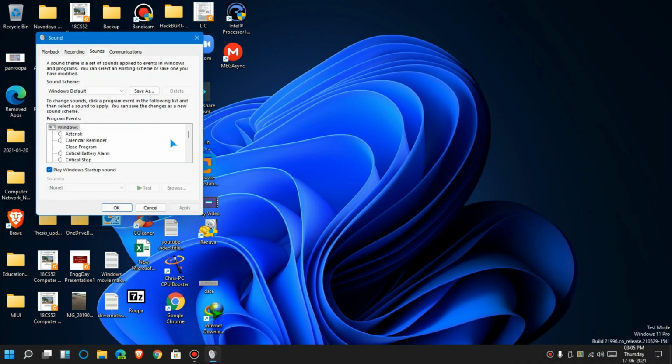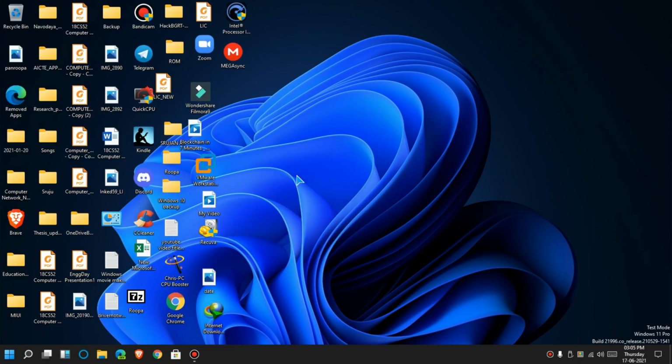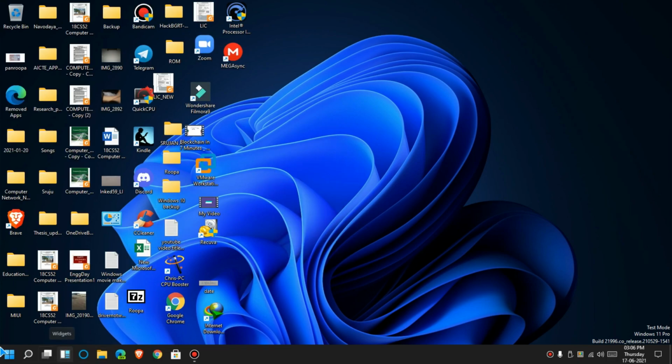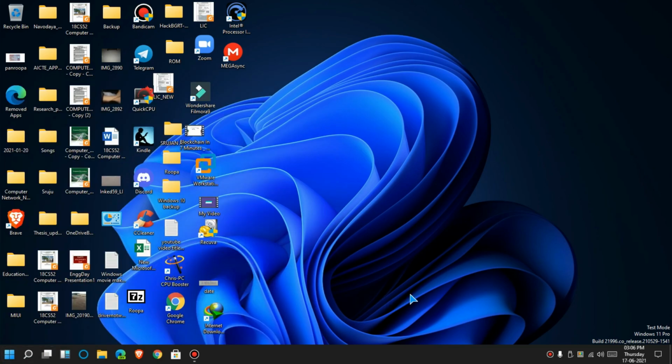When we go to sounds, you can play any sound you want. Asterisk, this one, this one. As you can see, these are new sounds in Windows 11, and there is also a new startup sound as well.